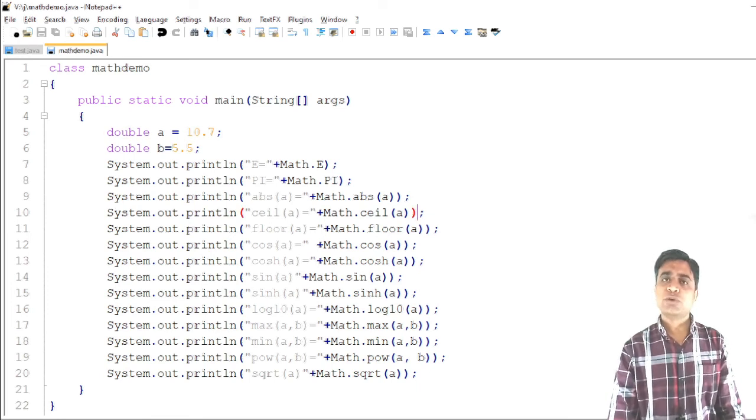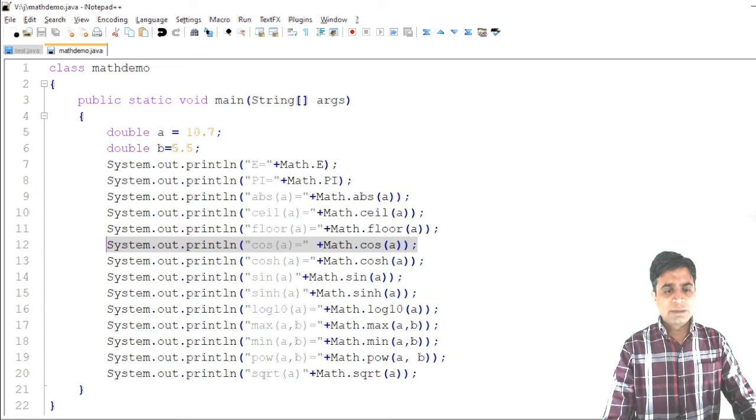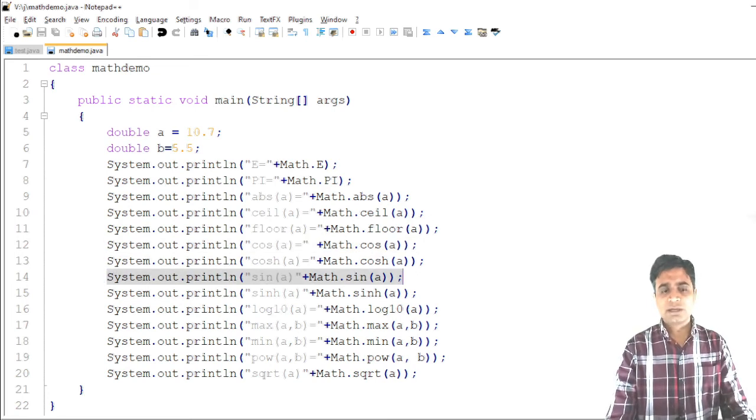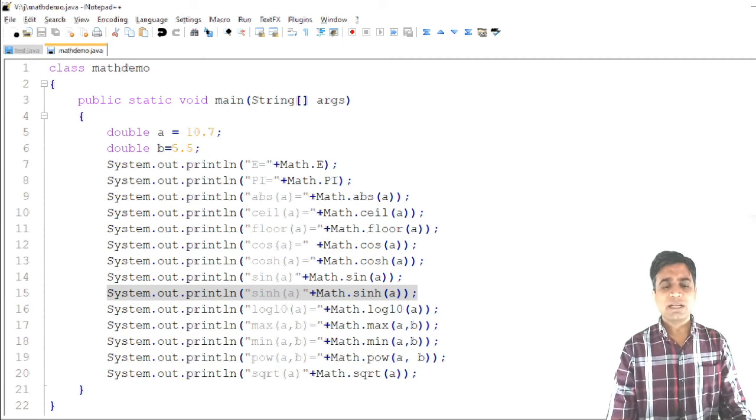Then the ceil value and floor value of a. Then cos, the cosine value of a, and hyperbolic cosine value of a, and similarly the sine value and hyperbolic sine value. You can also print the logarithm value, max, min, power, and sqrt.